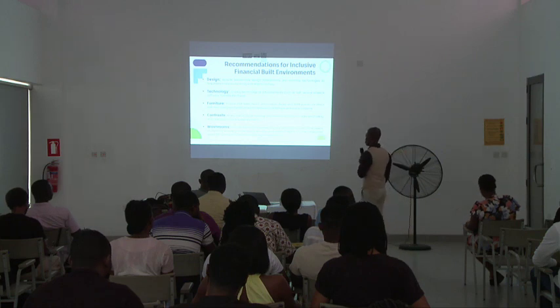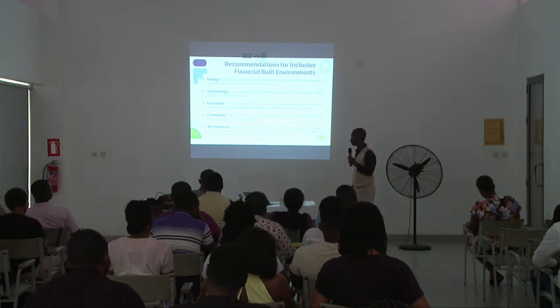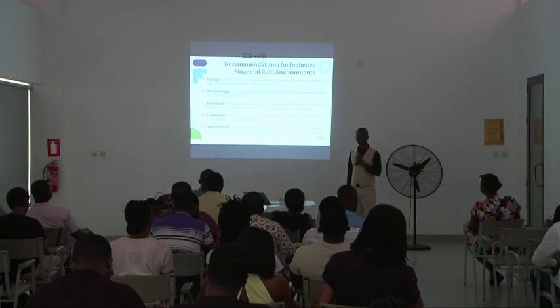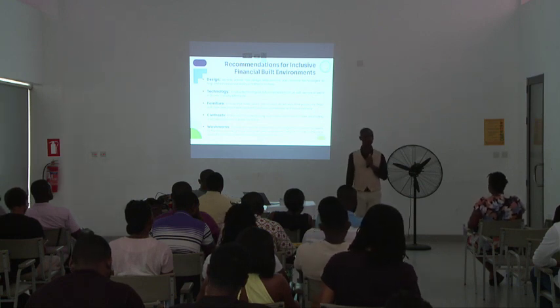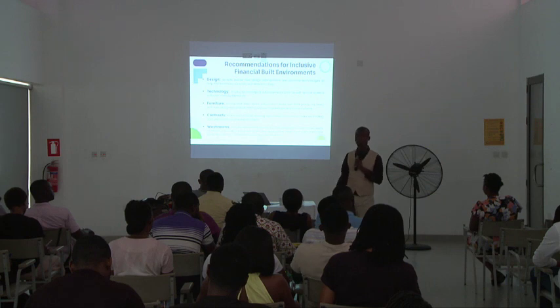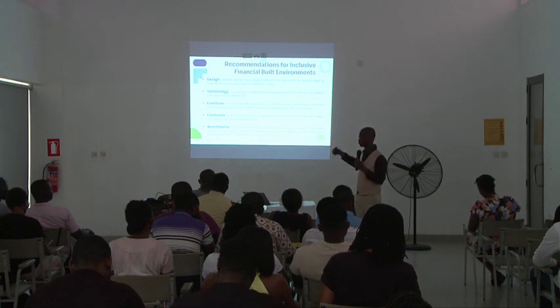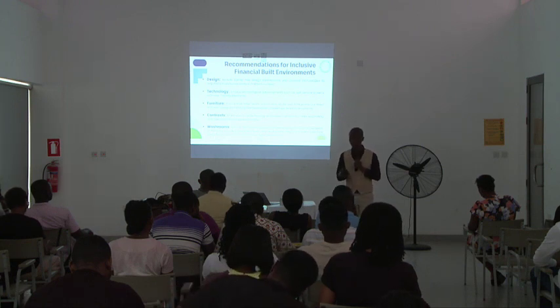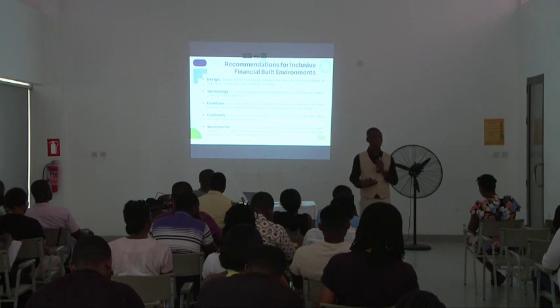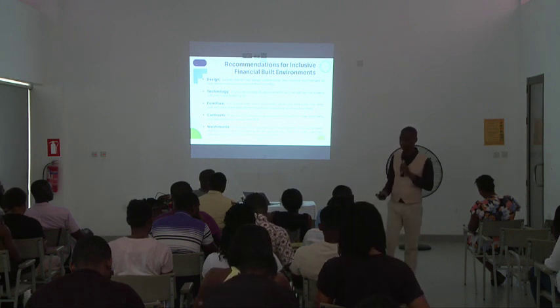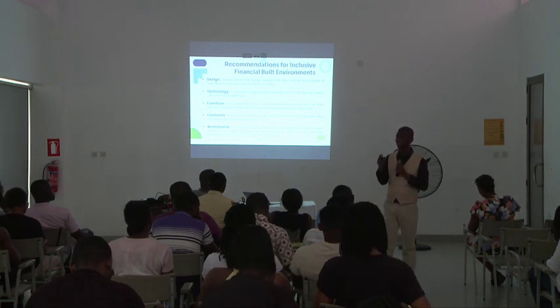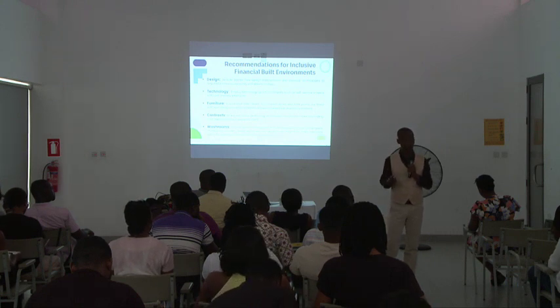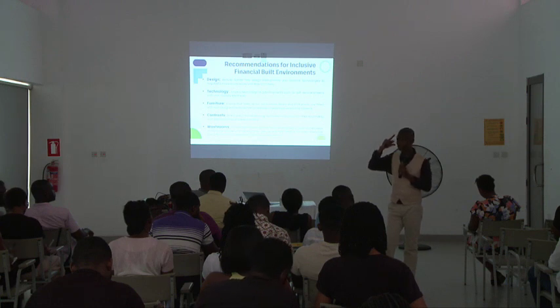And I just chose this one because this recommendation for the financial built environment was very, very important, because a lot of the banks were corporates, and I think this is one of the areas where we create this one. Then you can also make provision for pharmacy, all the public buildings, a hostel. If you look at a hostel, for instance, if you are working on a hostel, what is it that matters? Also, trauma victims have psychological problems, cognitive issues come in. So when you are designing for them, you have to think about that too.